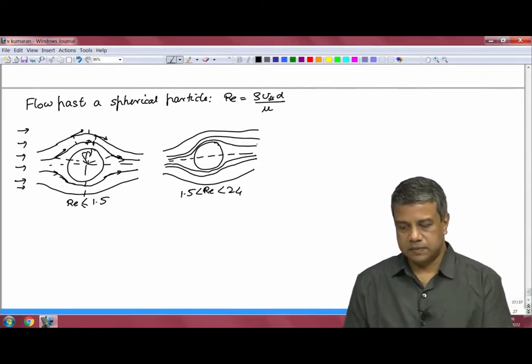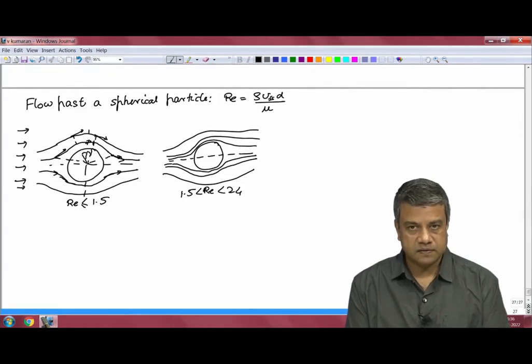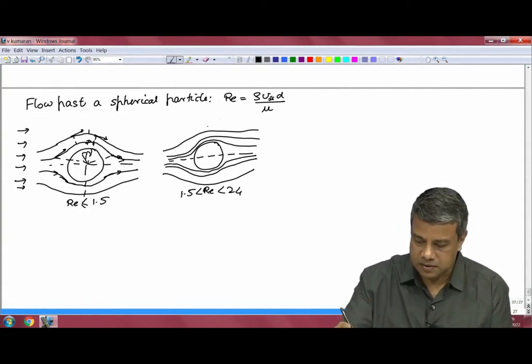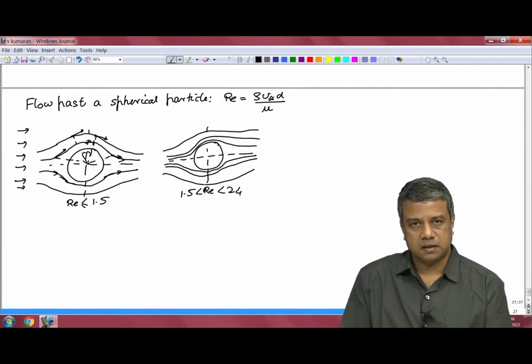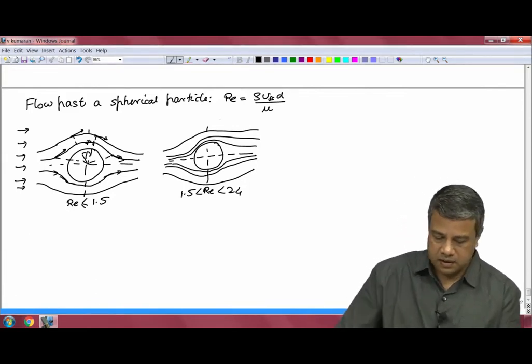In other words, the distance of the streamline from the axis far from the sphere on the upstream and the downstream sides are no longer the same. So, there is an asymmetry between the upstream and the downstream locations, and when you increase the Reynolds number further,